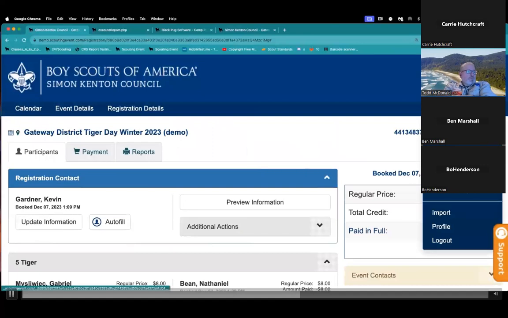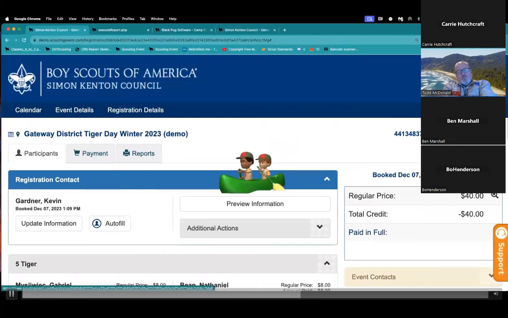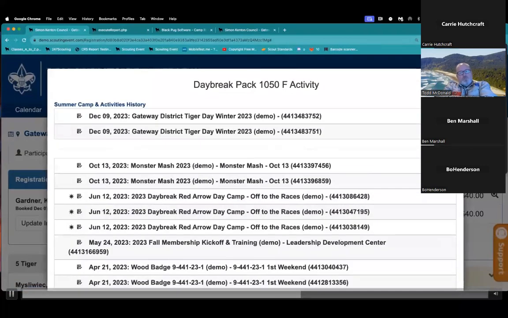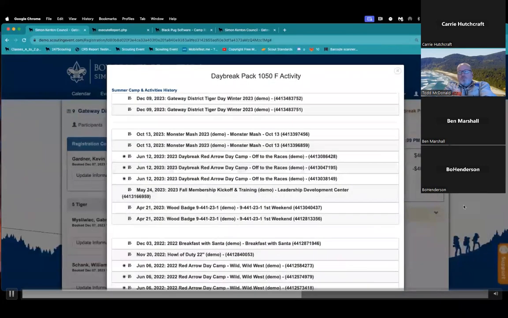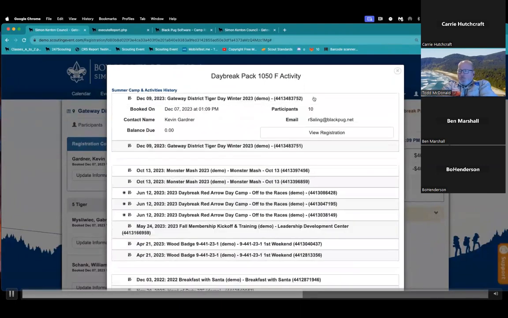When you're linked to a unit and you go to view activity for that unit, let me make this smaller again because it's huge. You can see activity, like registrations you've created, but you can also sometimes see registrations that were created by somebody in the unit, even if it's not you.